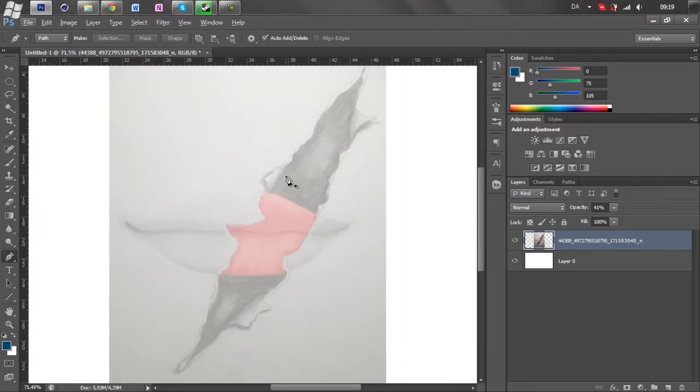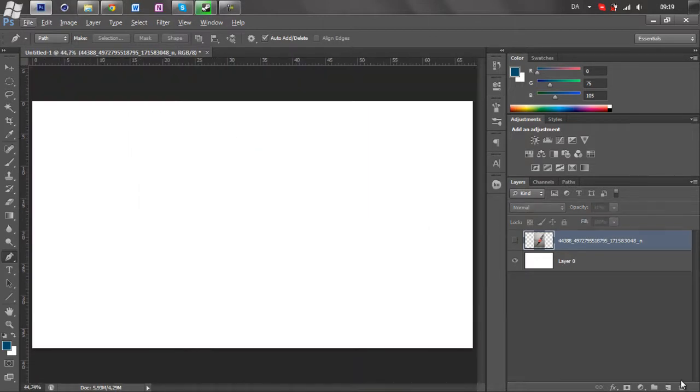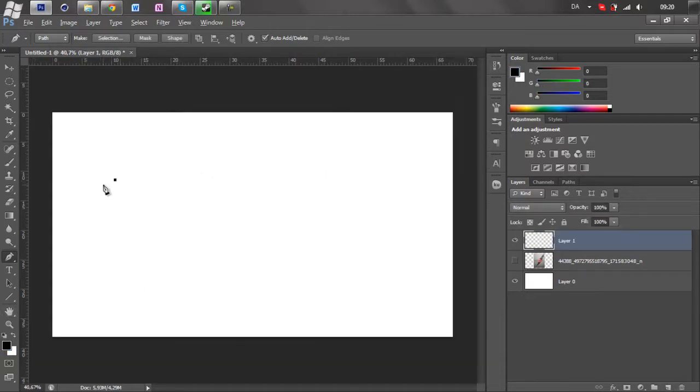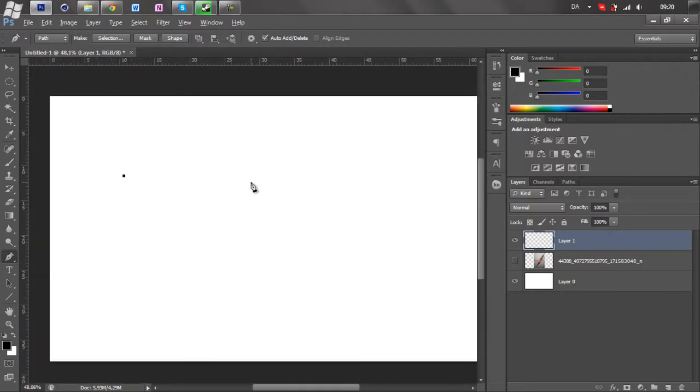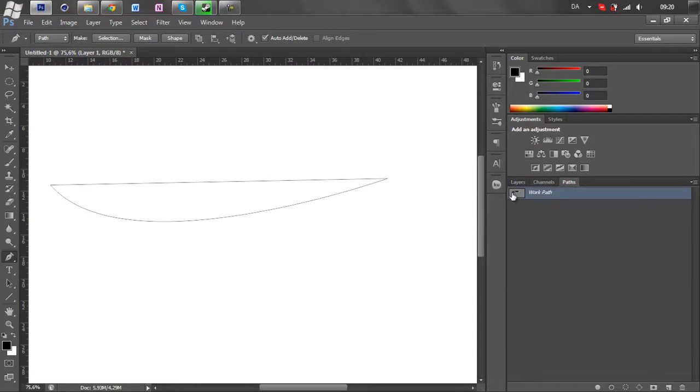The way you use it, I'm just gonna explain very simply. If I click here, it creates a point, and if I click here again, it creates a line, and there you have a path. If you do like this, for example, that's a path, and you can click here and see it as a work path.